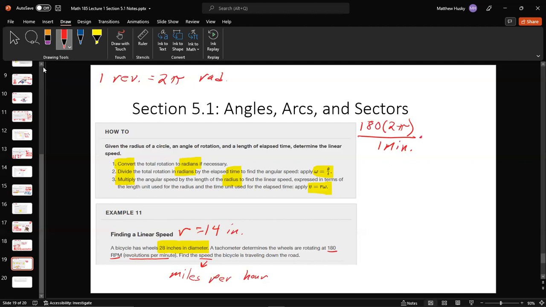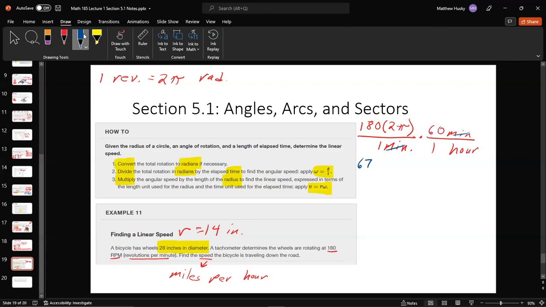Then, since we're doing this in hours, we need to say, okay, that's minute. We're going to put that with minute. And then we want to convert that to hour. We know there are 60 minutes in 1 hour. So if we do this, the minutes are going to cancel each other out. 180 times 2 times pi, and then also multiply that by 60. You'll end up with